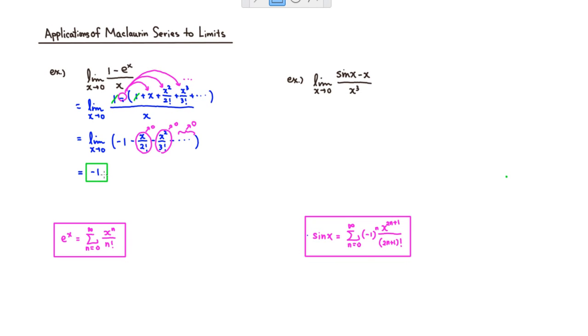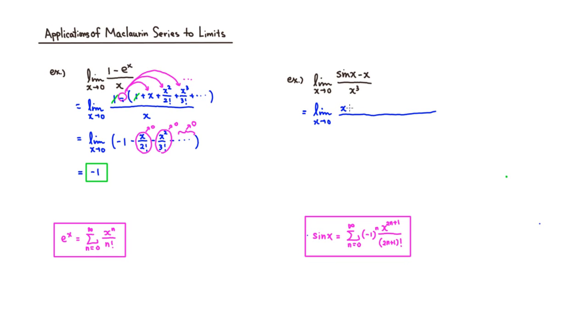Let's do the same thing with the second limit: the limit of (sine of x minus x) over x cubed as x approaches 0. We have the Maclaurin series for sine, so we're going to use that. This is equal to the limit as x approaches 0 of sine of x. Remember that sine is an odd function, so you're going to have all the terms with odd powers. It's going to be x,